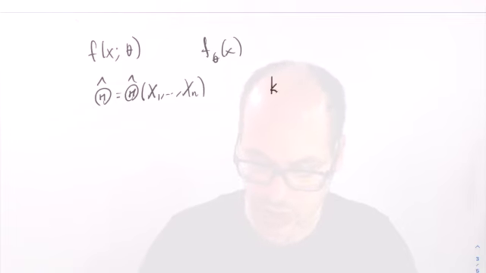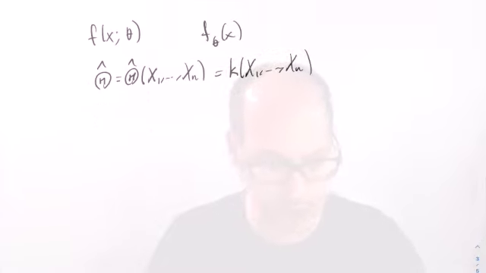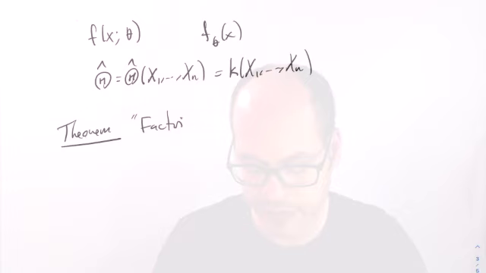I mean, I guess I could have given it some letter, like we could have said that theta hat is some function k of x1 through xn for some nice function k. Okay, this is what I mean. All right, so let's see. So then the theorem, which is called the factorization theorem, says that suppose,